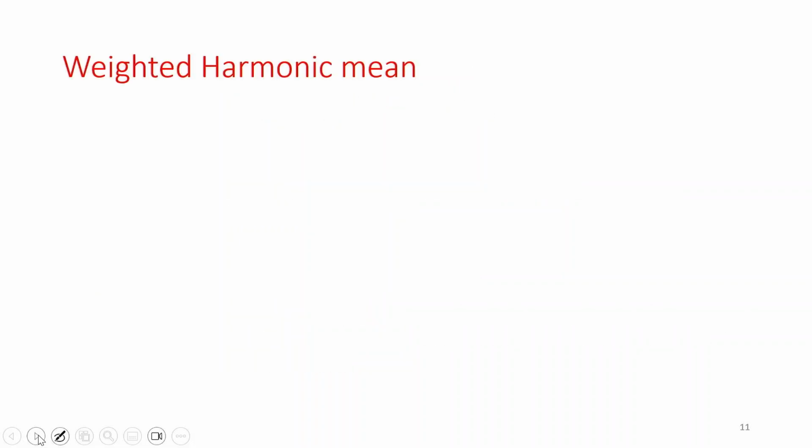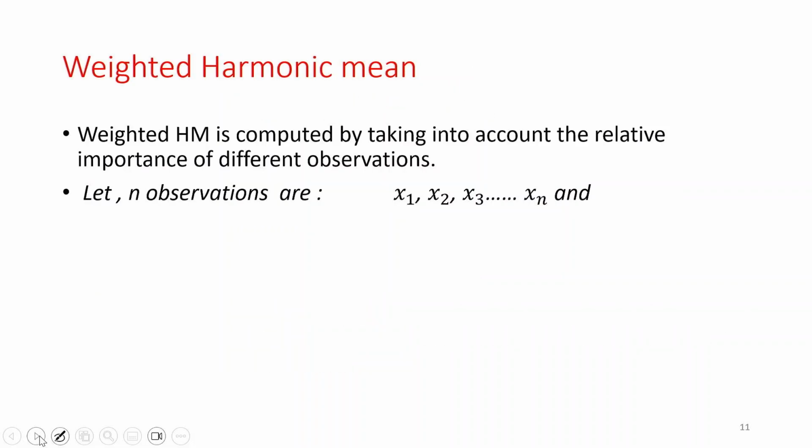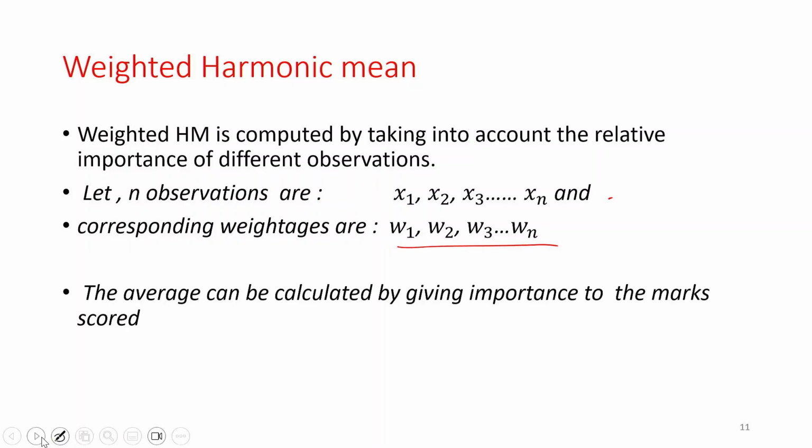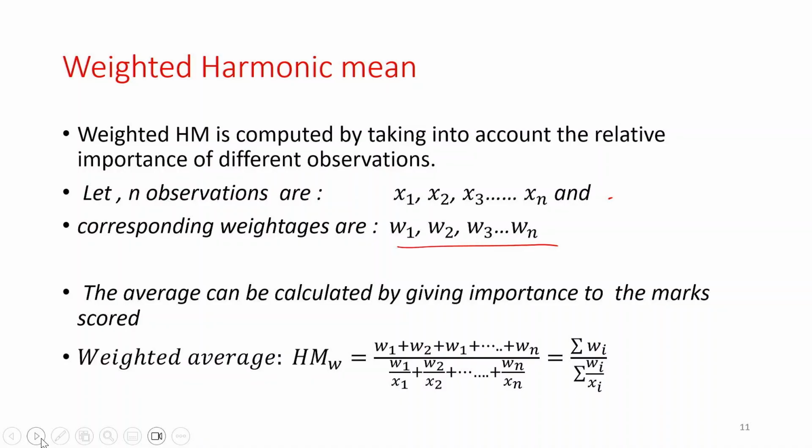Now, weighted harmonic mean is also there. Weighted harmonic mean is computed by taking into account the relative importance of different observations. Let us say there are n observations, x1, x2, x3 up to xn, and the weights are w1, w2, w3 up to wn. The average can be calculated by giving importance to the marks scored. If these are the marks,